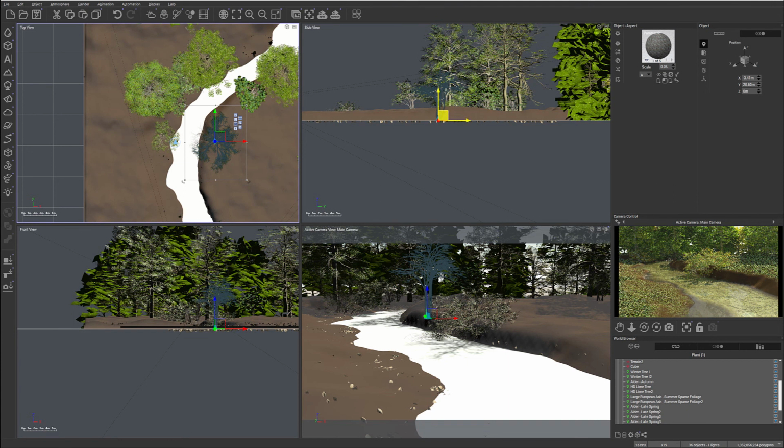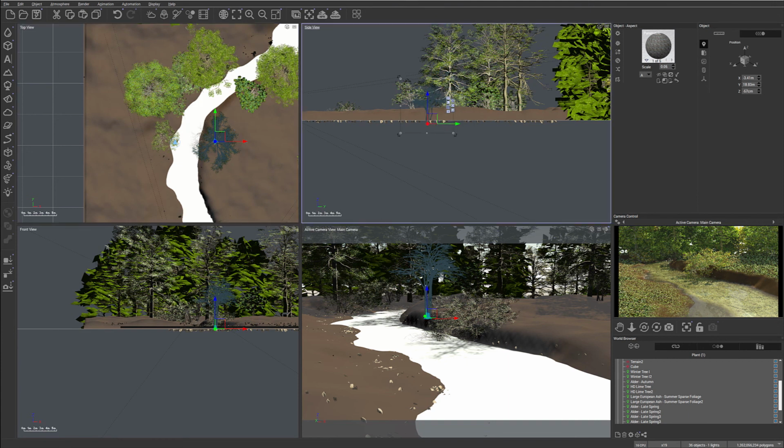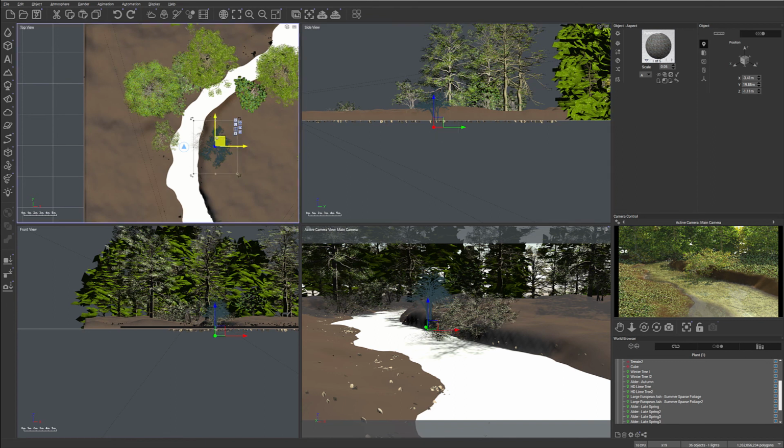Okay, let's bring this one plant as well, a little bit down, maybe around there. Where are the roots? Okay, let's continue doing this in our next